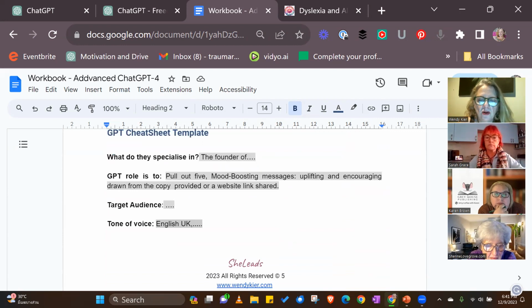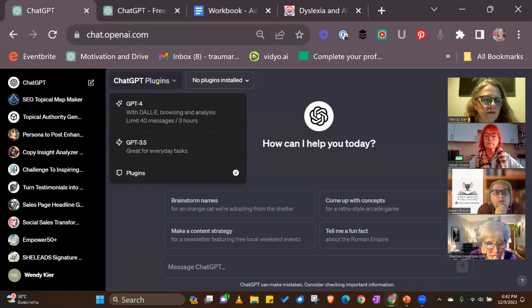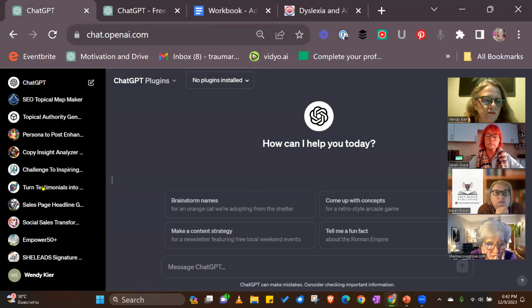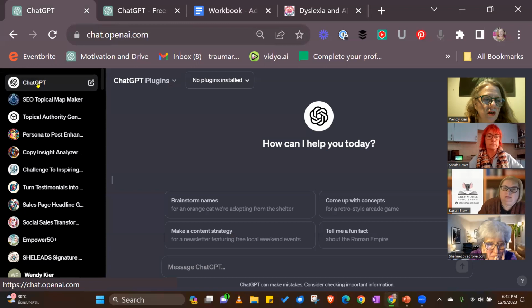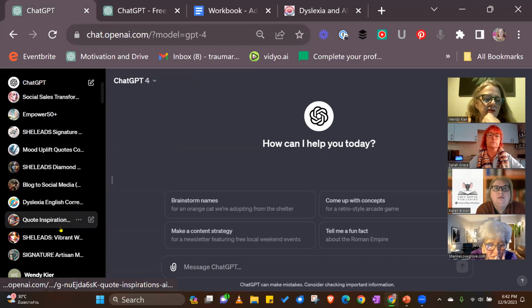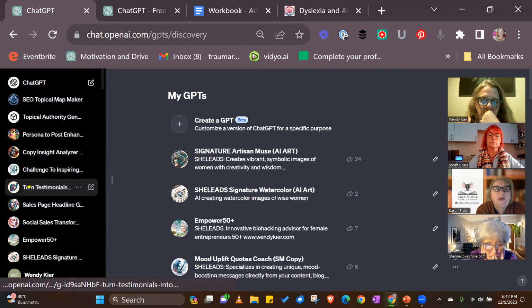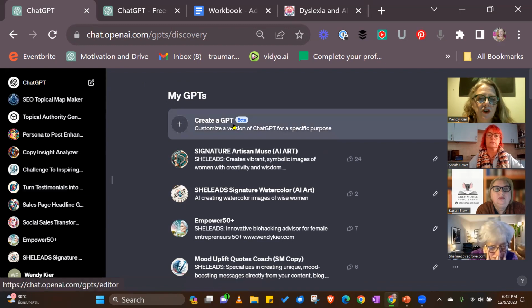But what ChatGPT will also do, okay, so if you go to explore, you want to make sure that you're on 4.0 of ChatGPT, and then go down to explore, and then click on create a GPT.